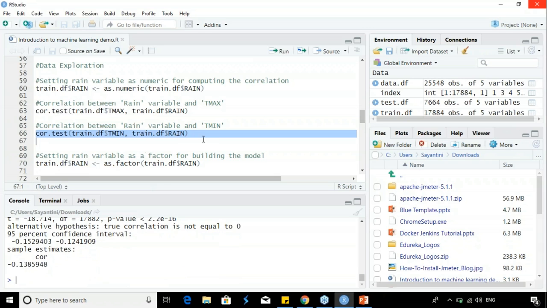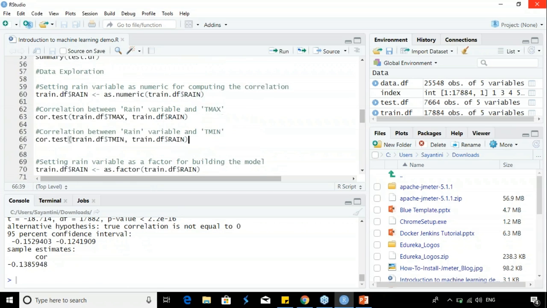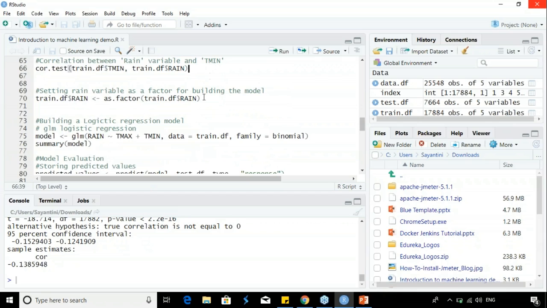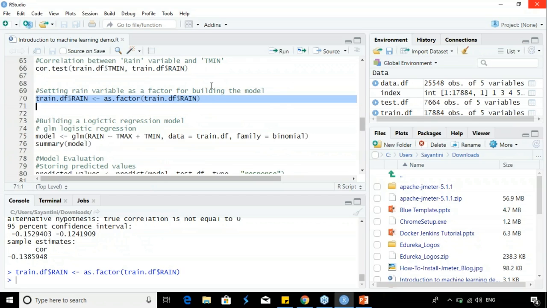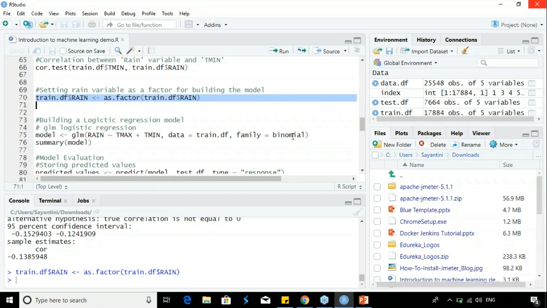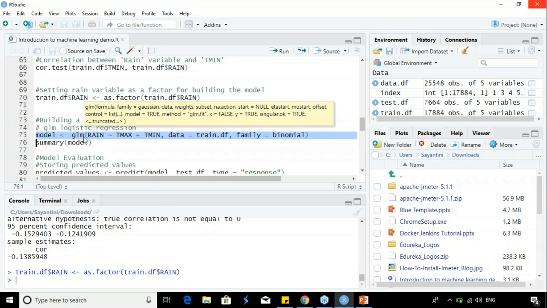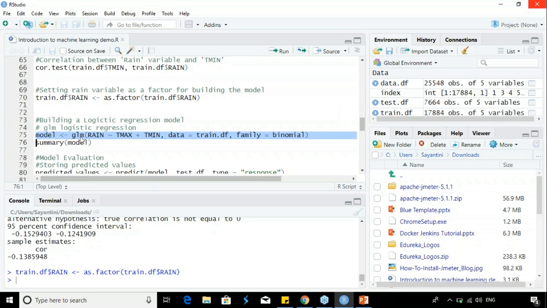Now that we know both of these variables are significant, let's go ahead and build the model. Before doing that, I'm going to factorize the rain variable again, because this has to be a categorical variable. Finally, we'll build the model by using the glm function. GLM stands for Generalized Linear Models, so this is basically where logistic regression comes into the picture.